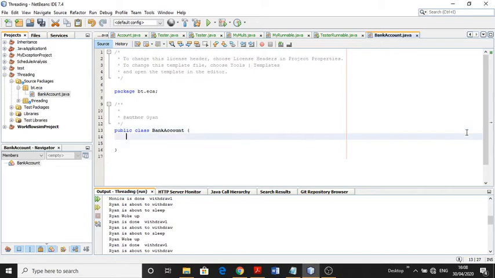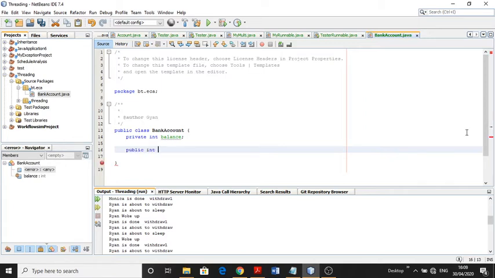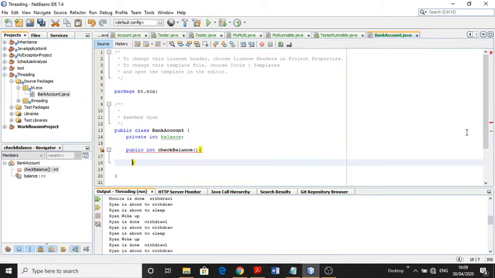This BankAccount class has a private integer balance, and one method, public integer checkBalance. In checkBalance we just return this.balance.